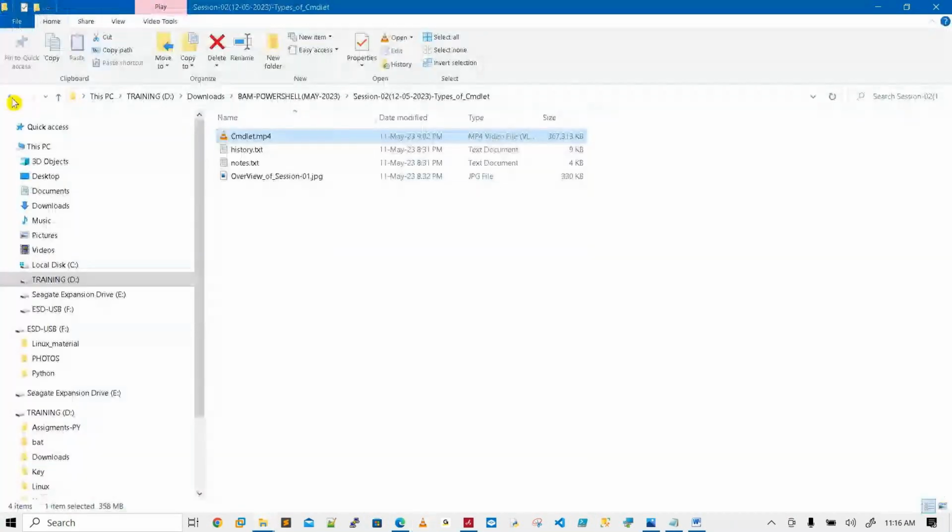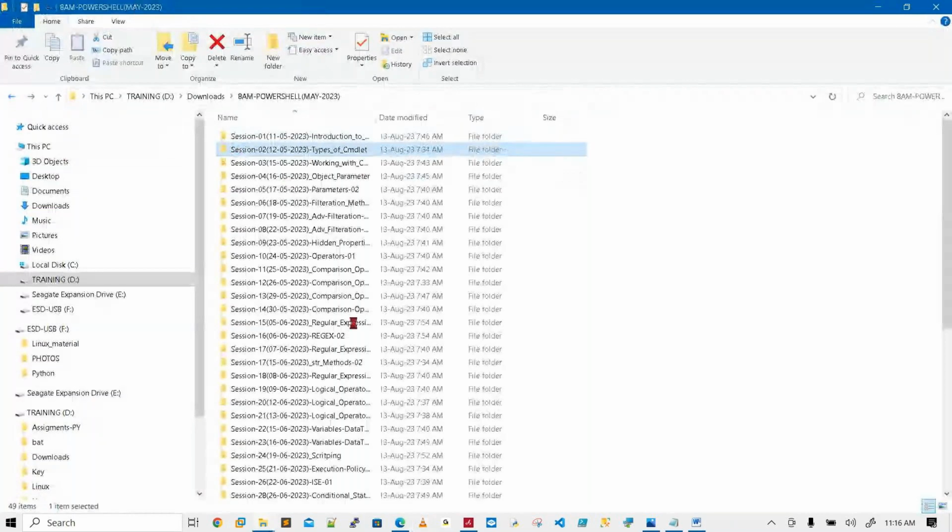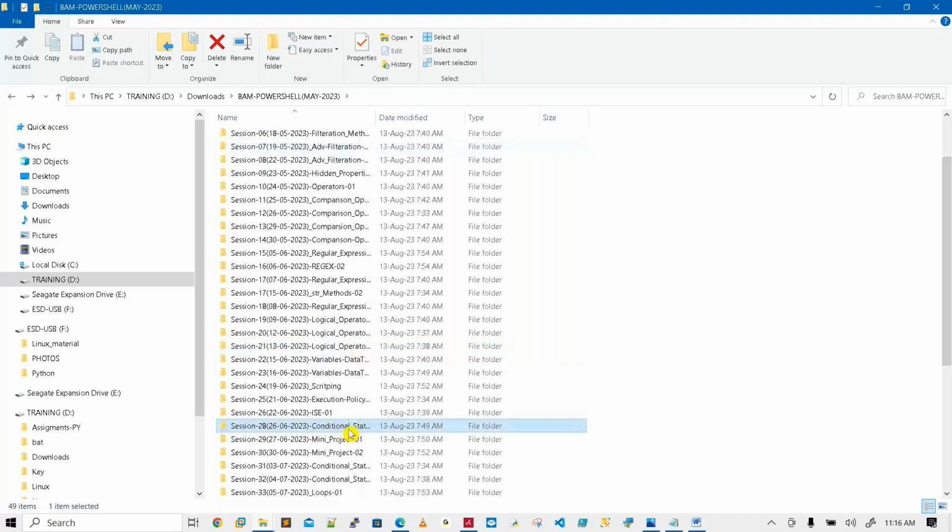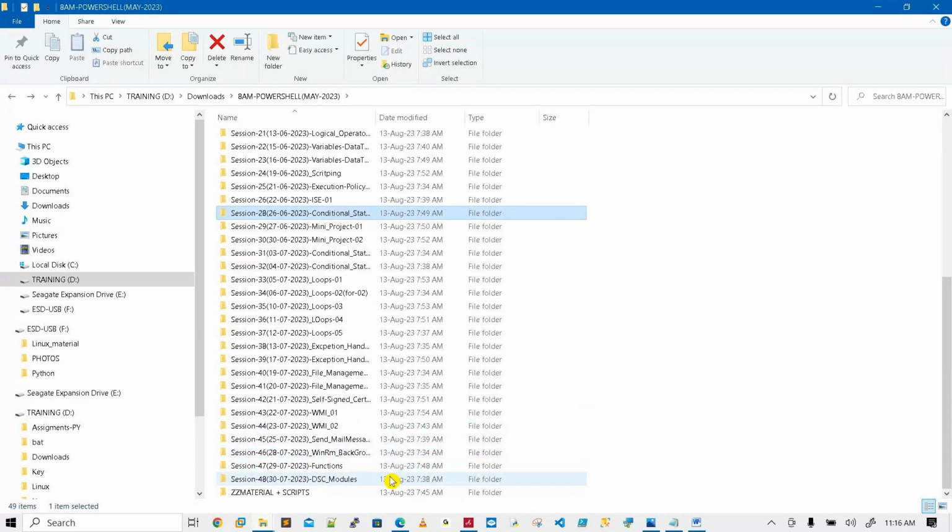Like it's the first session, one and two. When we go to the mini project, up to before the mini project, a lot of course content is modified. That is the first point you have to consider. So a lot of course content has been modified. See how we can write advanced level scripts by the end of the day.